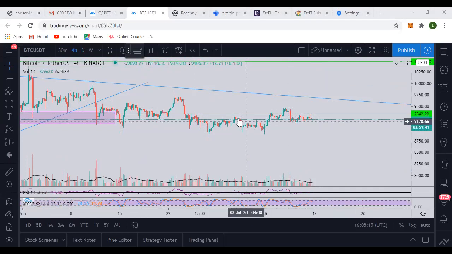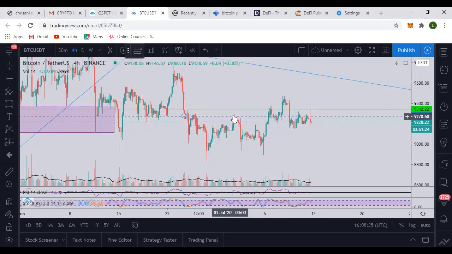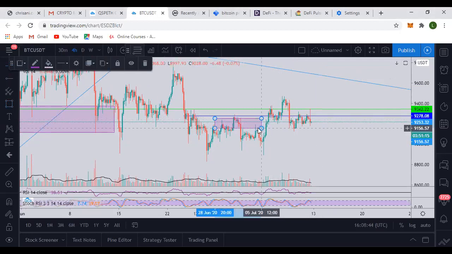Remember what I told you about support and resistance, where resistance turns to support and support turns to resistance. Look at this place here. You see it? This was a former resistance zone that turned into a support zone. Look at this resistance here. If I draw it as a zone now, you'll see where this former resistance zone has now turned into a support zone.